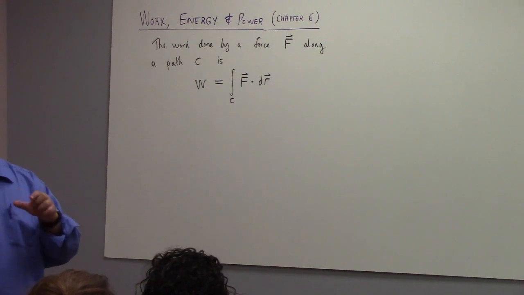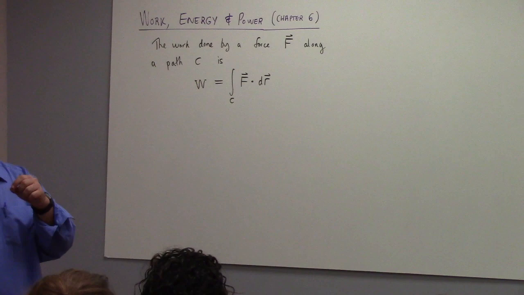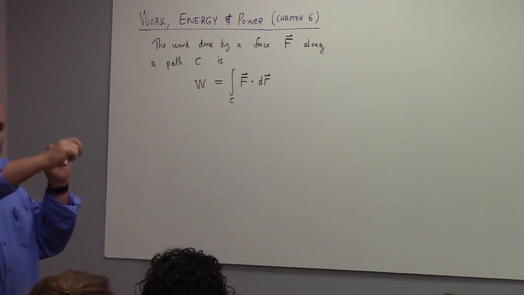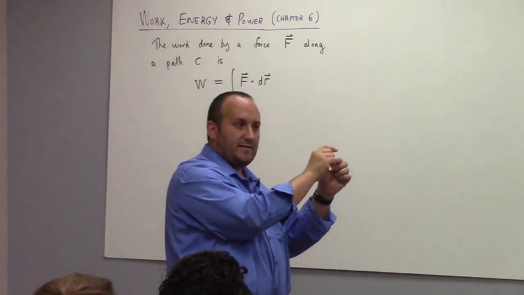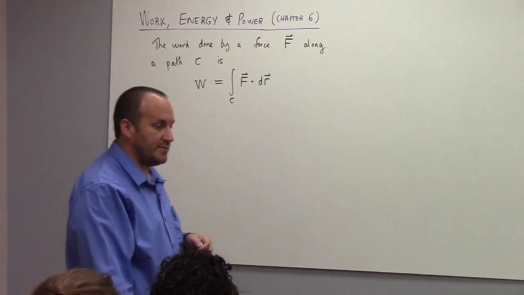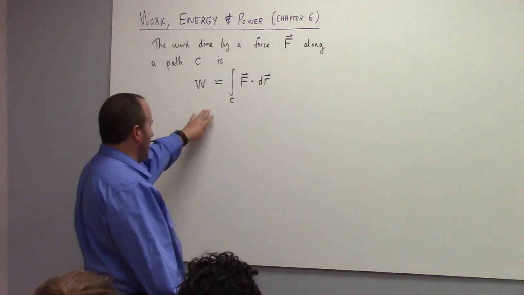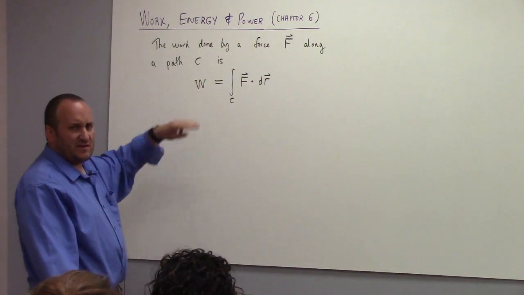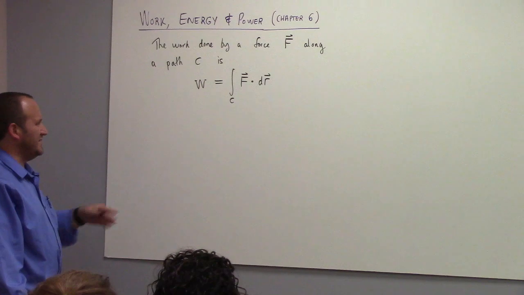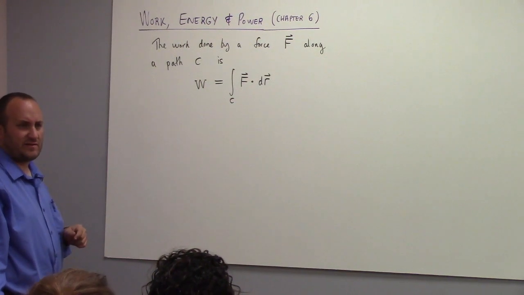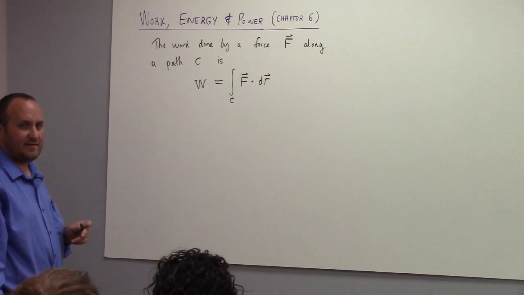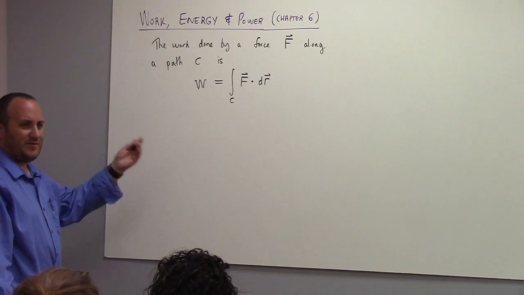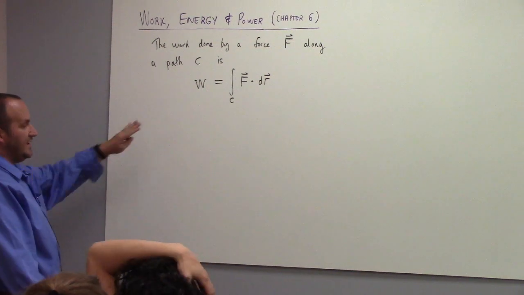So the real concept of work, the kind that we don't have quite the mathematics to do in here, allows you to calculate the work done by something when it's moving along some kind of crazy, twisty-turny path, and when the force acting on it is varying along the path in some kind of complicated way. But, of course, we tell you how to do this in math. Well, it's Calculus 3 that you learn how to do this, all right? So that's 3 more semesters of calculus than you've had here, I think, right? Maybe you saw it in high school, I don't know. So we can't do that, right?